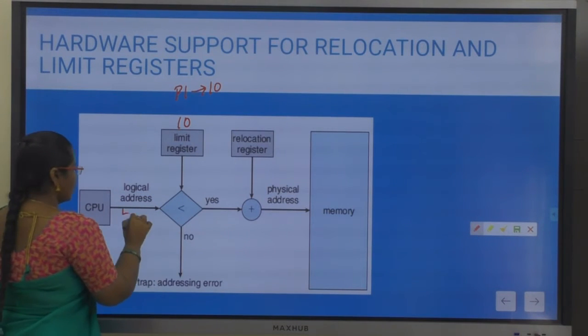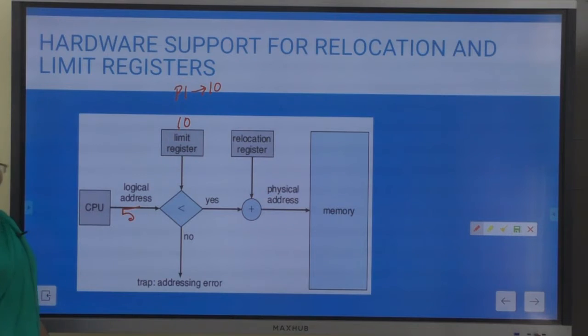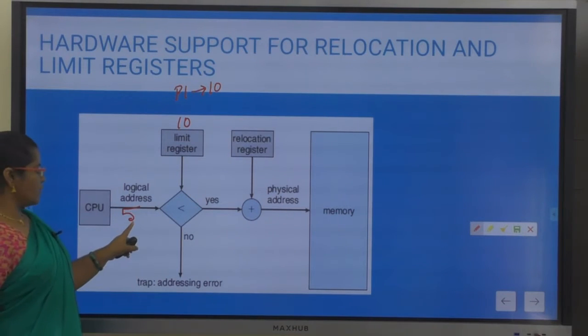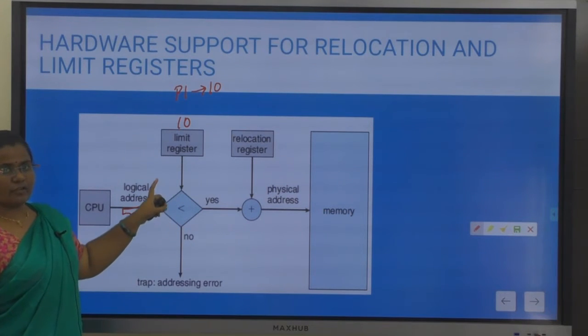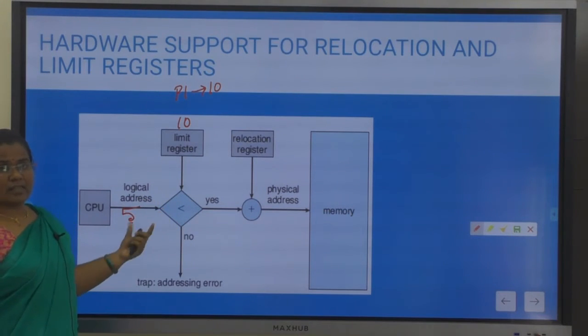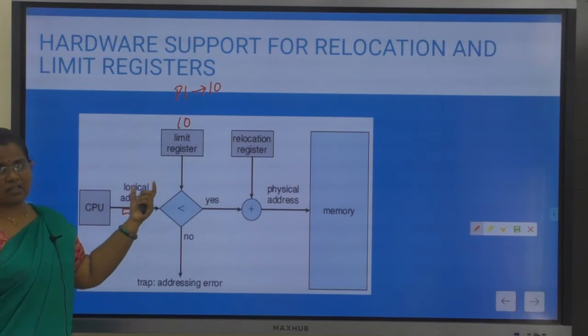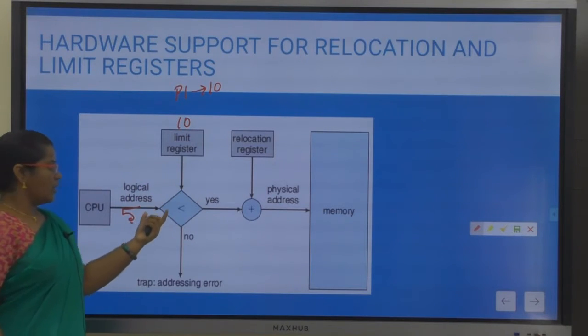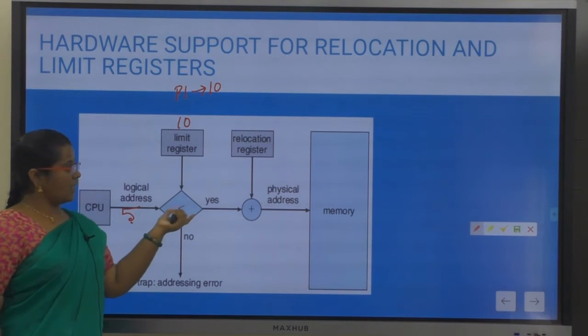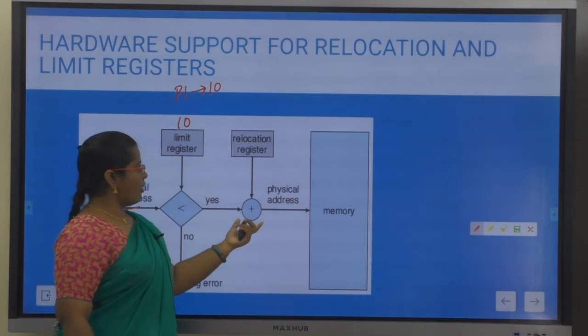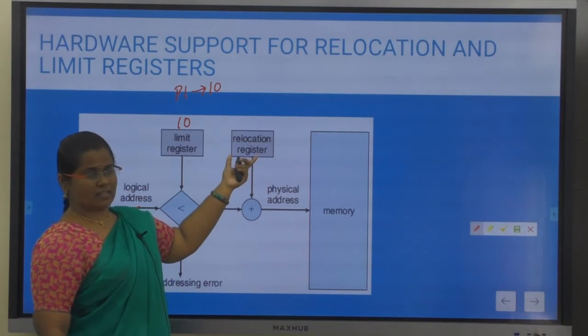Now I am trying to execute byte number 5. Since 5 is less than 10, it ensures that the CPU is trying to access the correct memory location. If it is less than the limit, then it will add the offset to the relocation register value.